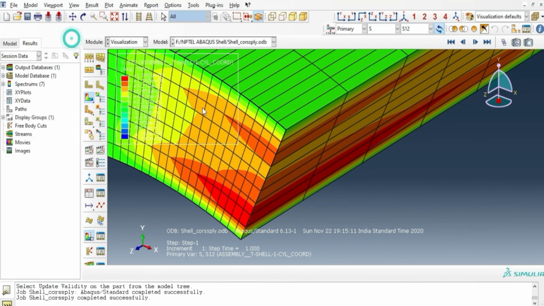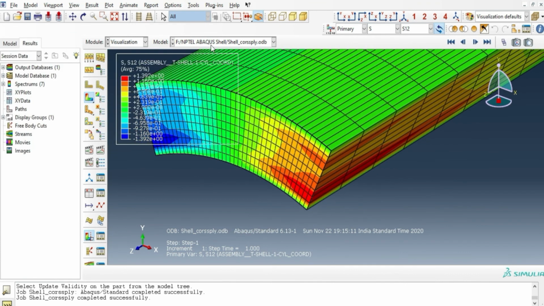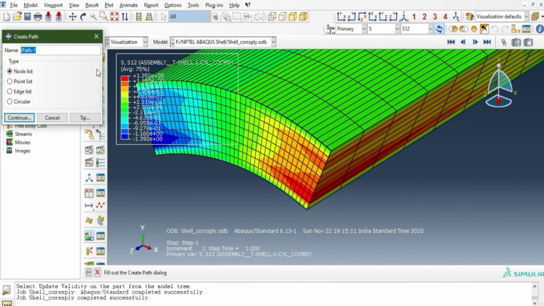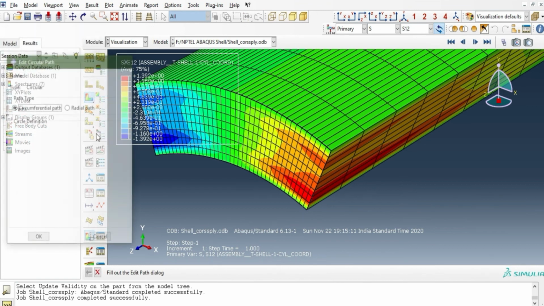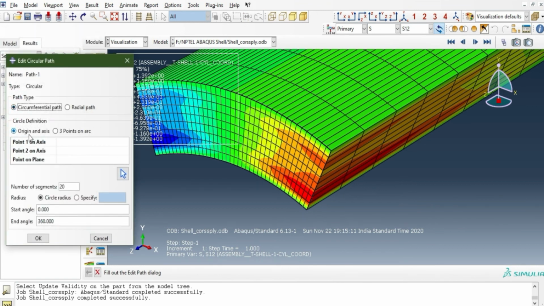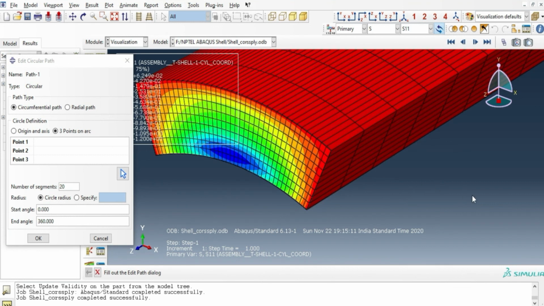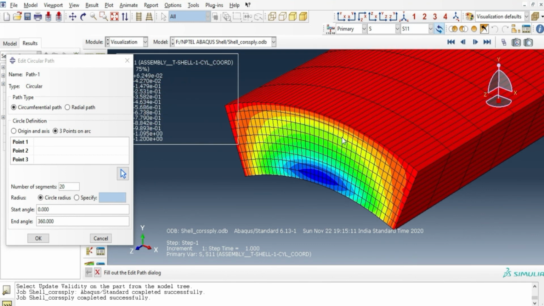Now in case we need to plot the stresses or the displacements at every node, we have to create a path. We have to create a circular path here, go for circumferential path and go for 3-point arc. Let us suppose we are doing it for sigma r.